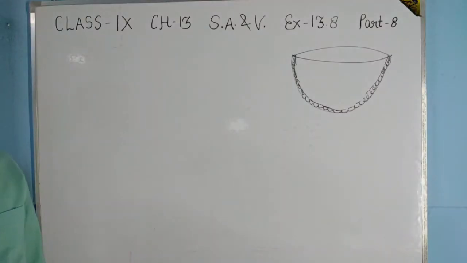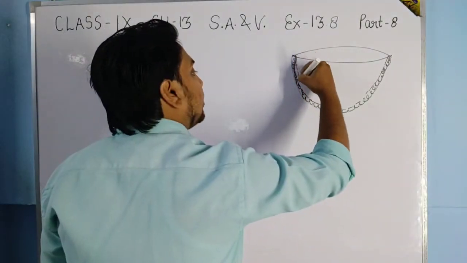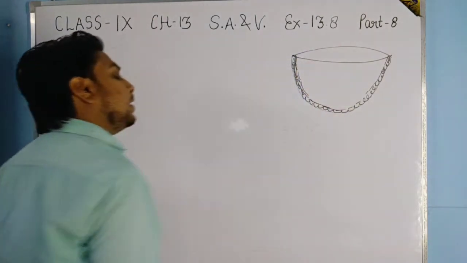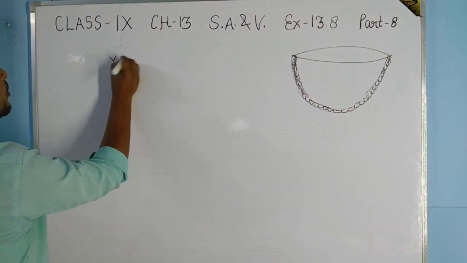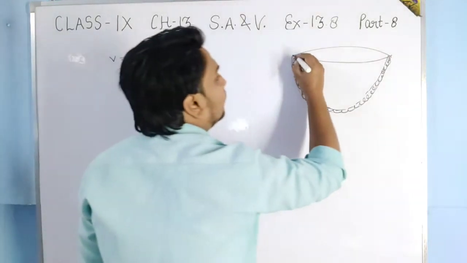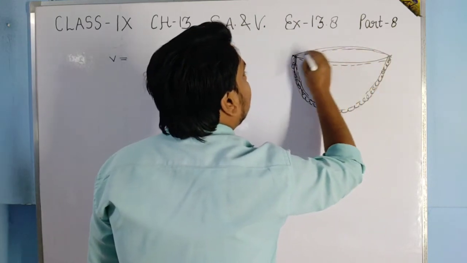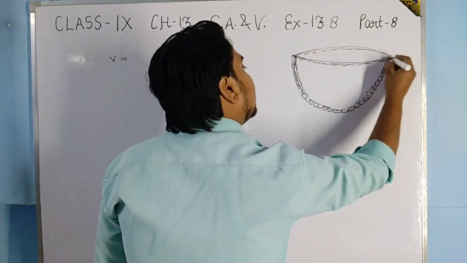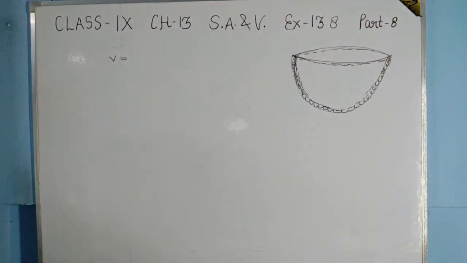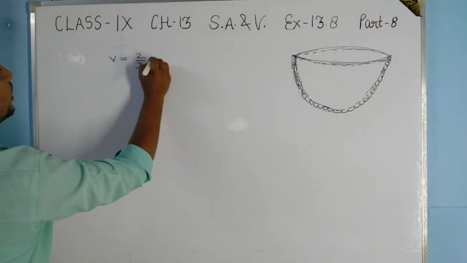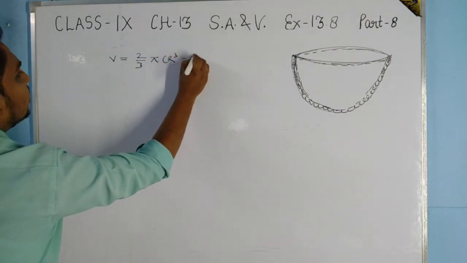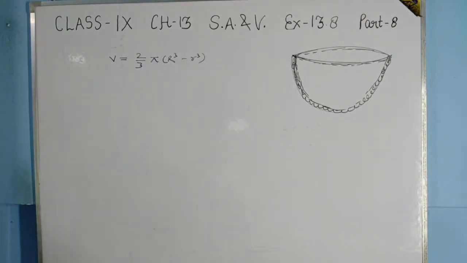Okay, so here what you have to do, here you have to find... see, this will be related to a spherical shell. I have told you what the formula of a spherical shell is, in the last part of the video. I told you that it will be 4 by 3 pi (R cube minus r cube), because it is in the form of a spherical shell.